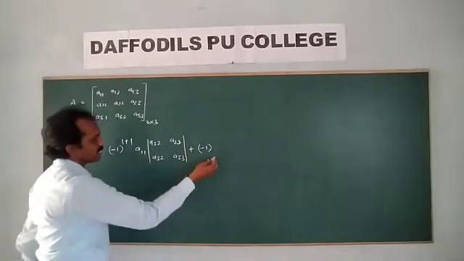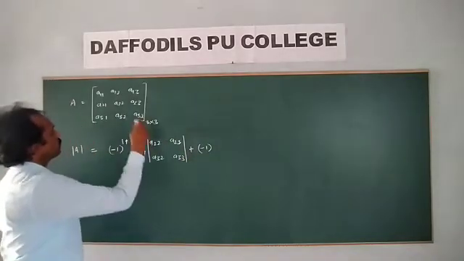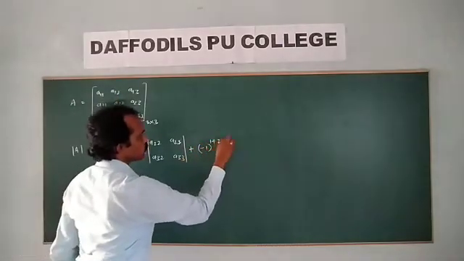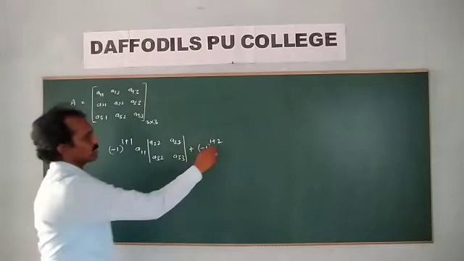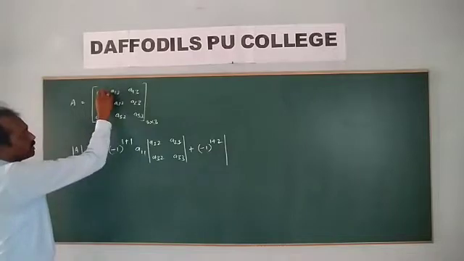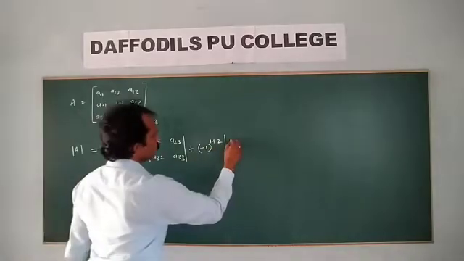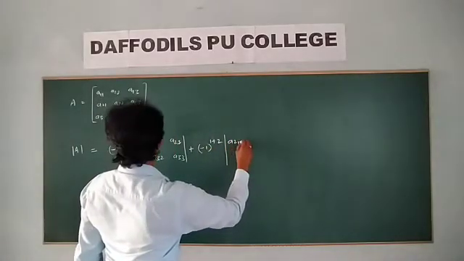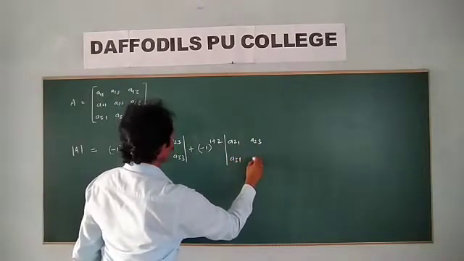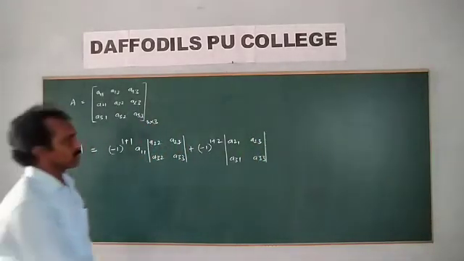Next, delete this row and this column. After deleting, what remains is a21, a23, a31, a33. Plus